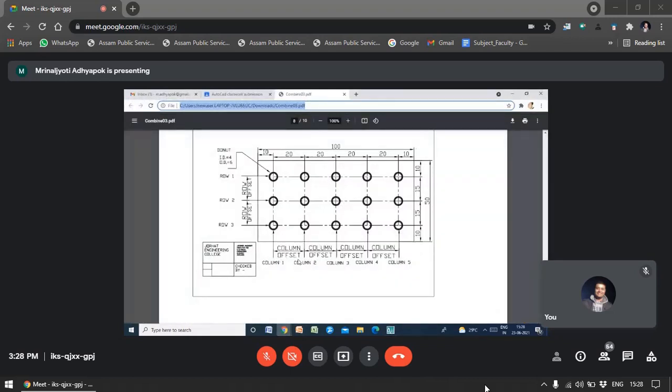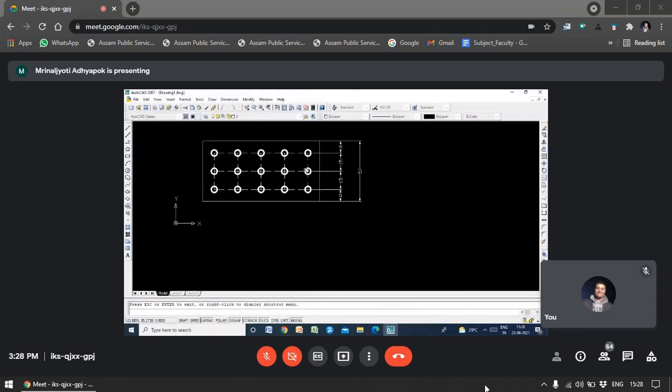Now what we are going to do, I am going to simply put the arrows. These dimensions are not given yet, so I will give these dimensions first.